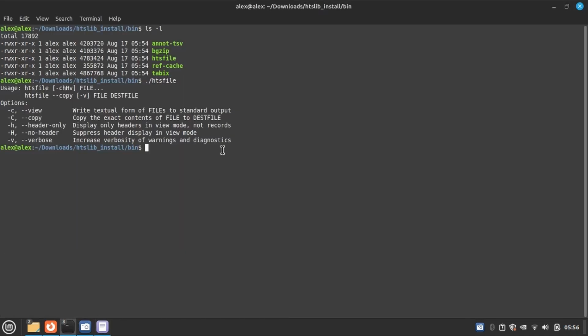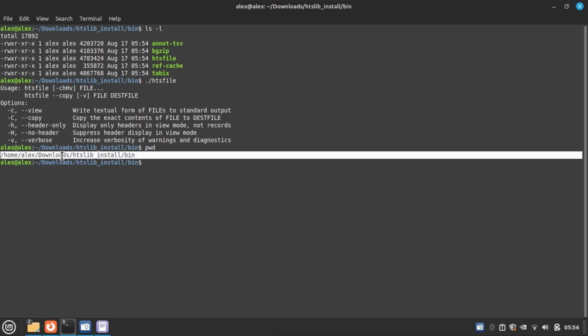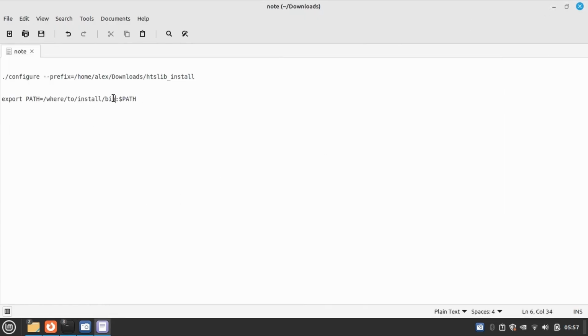Okay, go to the installer directory. There is a bin and check the path pwd. So copy this bin path and paste here. Okay, just so it is a command. Just copy this path